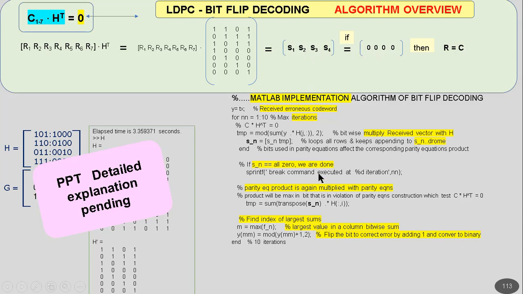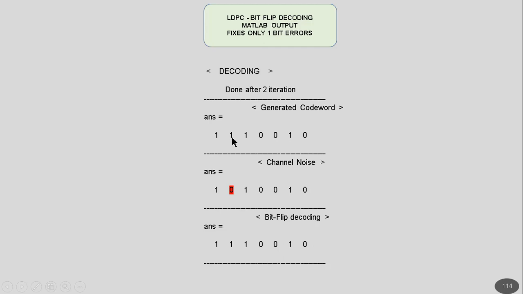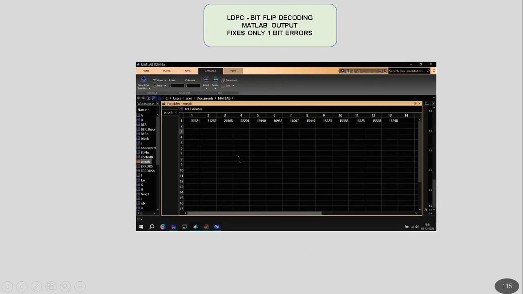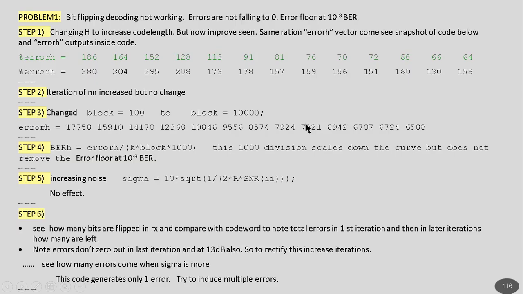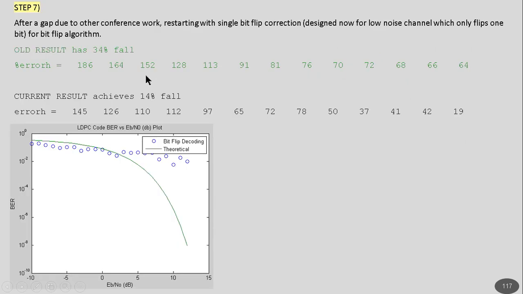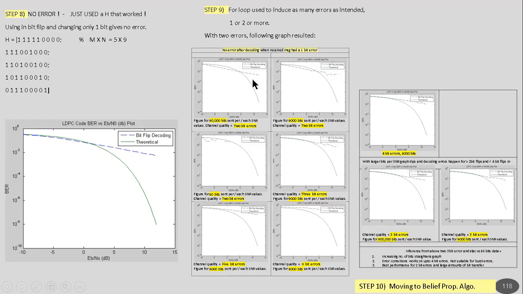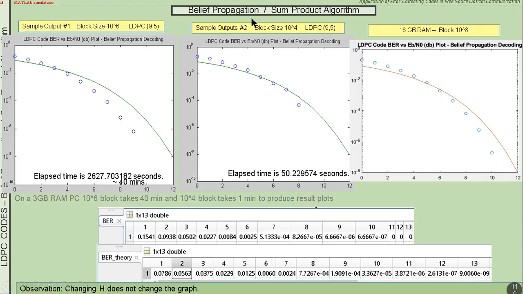If this is a number, then it will detect. So what it does, it just checks for one bit position. Errors don't die out, so it's not useful. Trying to make it find multiple errors, but that does not happen. For 2 bits and 1 bit it does perform okay, but for a higher number of errors it does not do well. So we go to bit flip